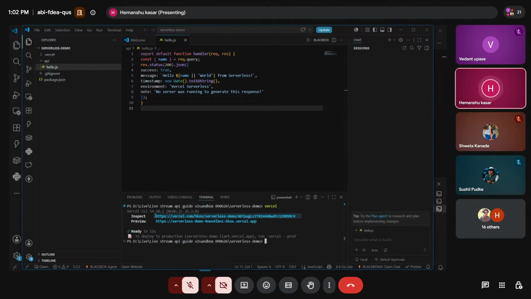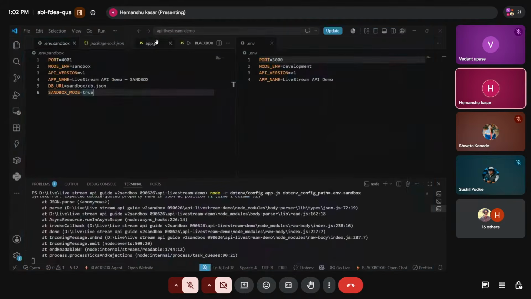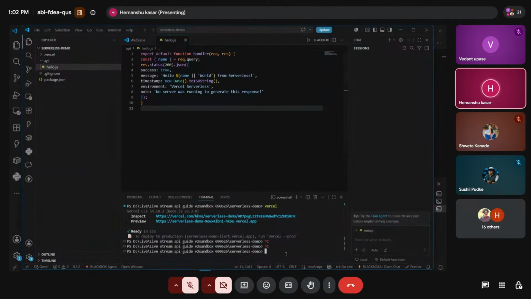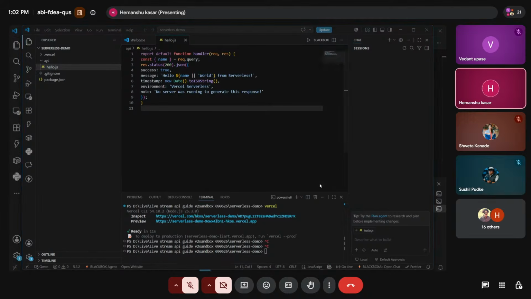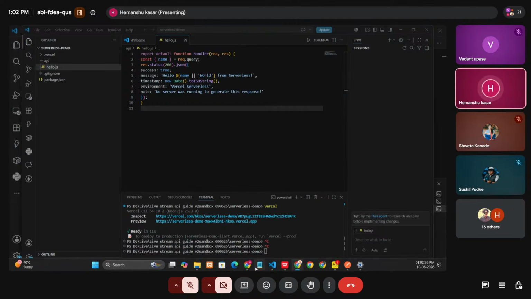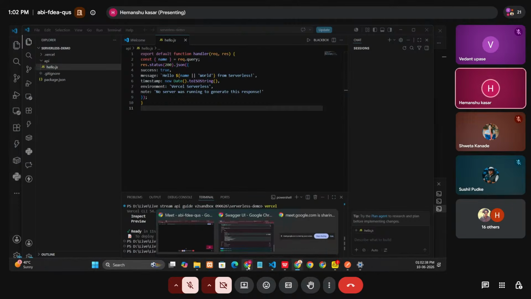and we can see the responses on that URL. At the end of the URL, we have to simply add the endpoint, that is API slash hello.js.